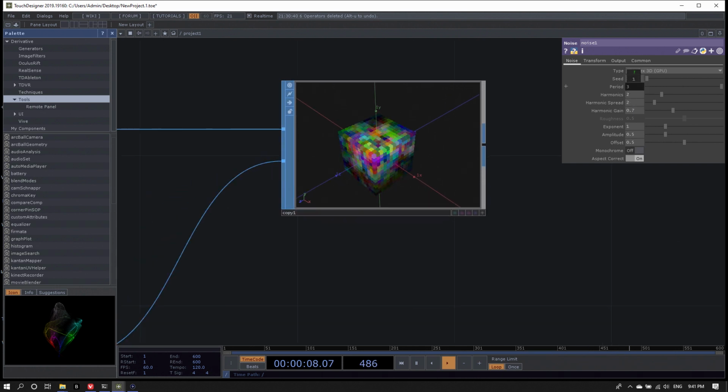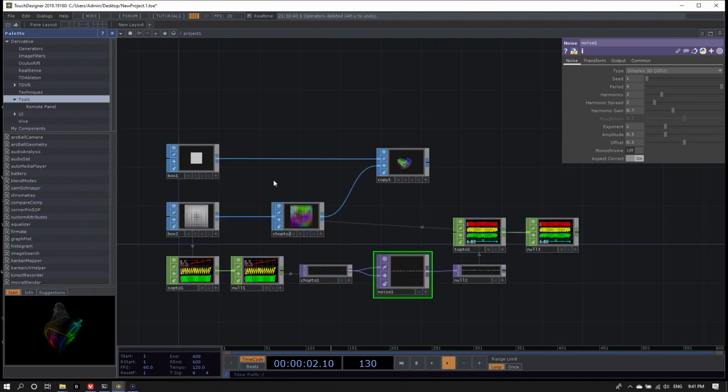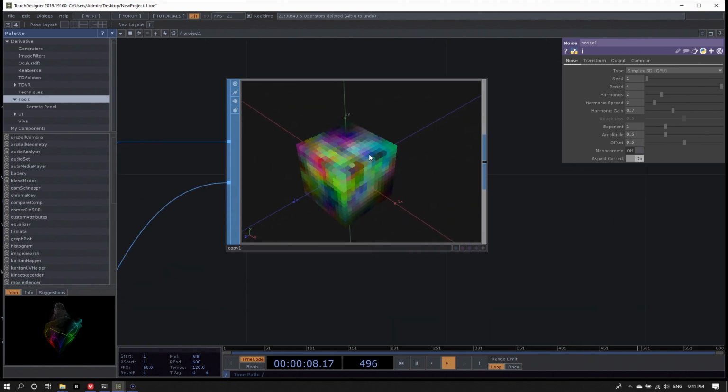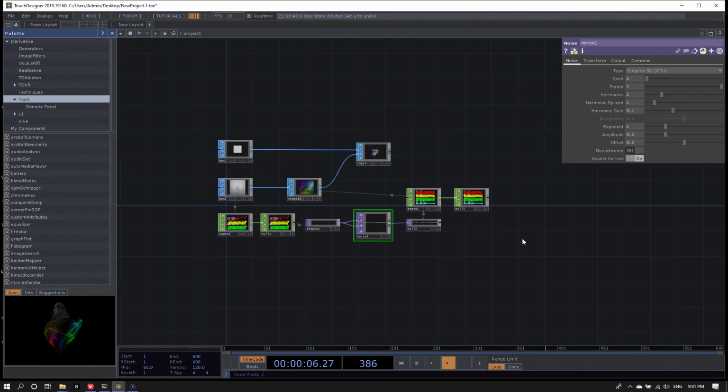But this is exactly where instancing comes in. Instancing allows you to take your copy data, your box, move it onto the GPU, and then copy it on the GPU and apply all these attributes on the GPU to it, which is much more efficient and allows you to create much more complex systems, therefore.